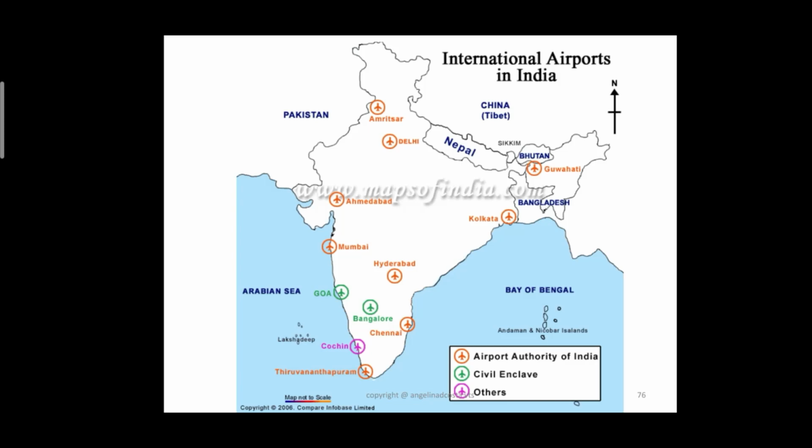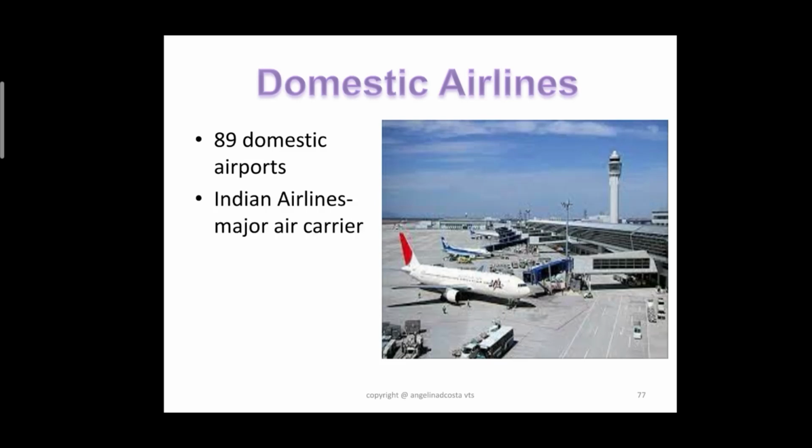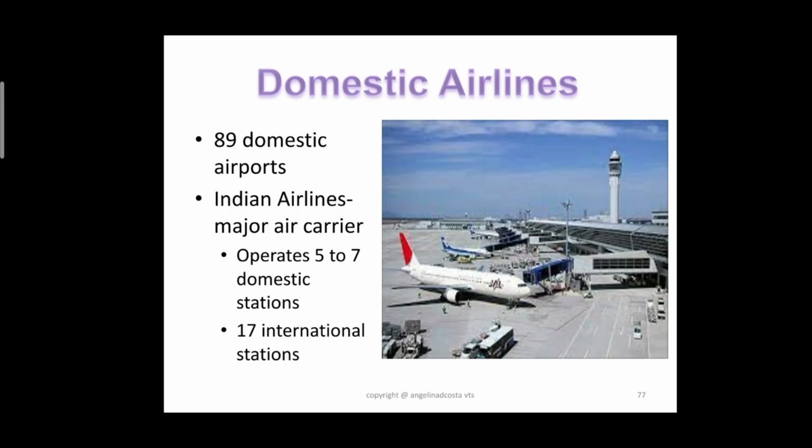Disadvantages of airways. The main disadvantages of airways are air transport is costly. It depends on weather conditions. Flights are often delayed due to bad weather conditions. Air transport is run on petroleum, which is a non-renewable source of energy. Air transport can carry small tonnage, but it has high freight charges.